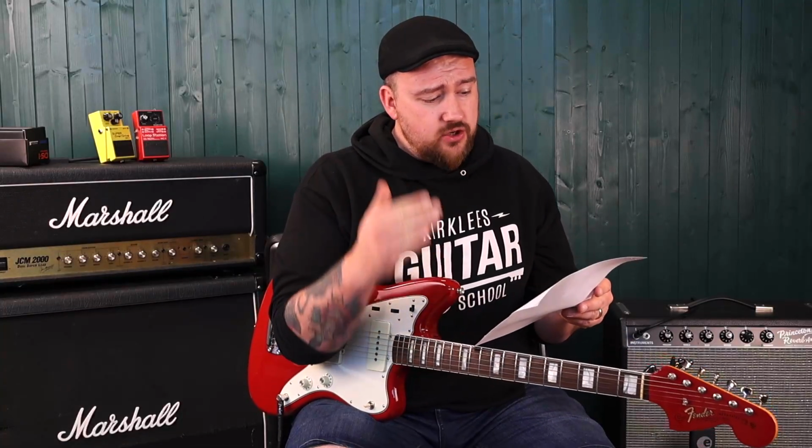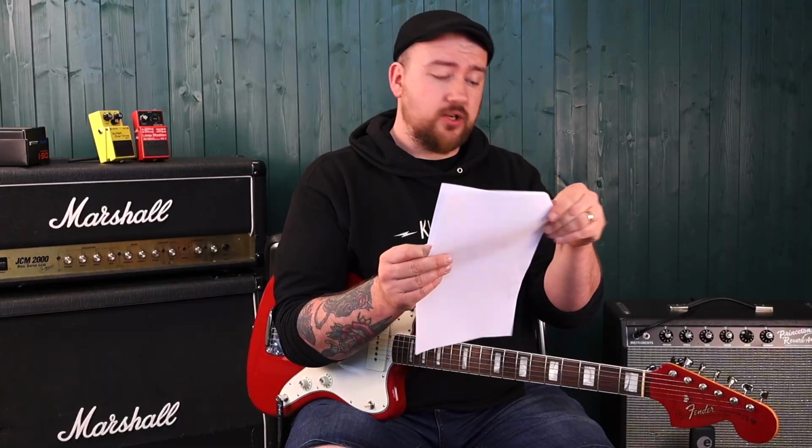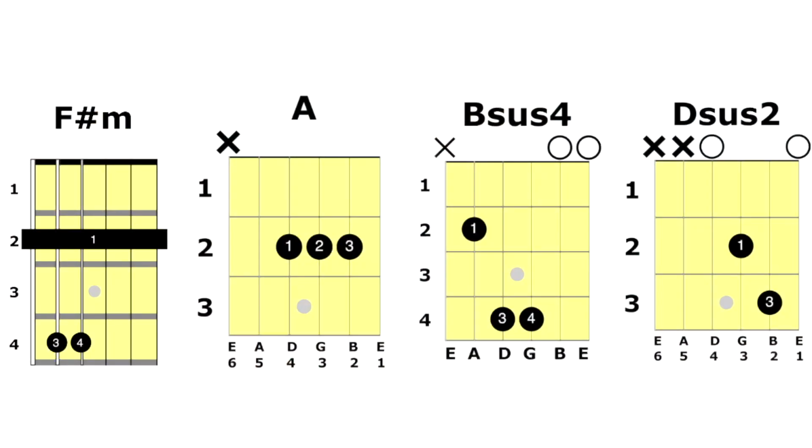So we've done intro, verse, pre-chorus. Following that, you've got what's labelled verse 2 and pre-chorus again at the bottom of the first page. So we're essentially going verse, pre-chorus, and that handles the whole first page of the piece. We then go into what's called the bridge at the top of page 2, which has got this B sus4